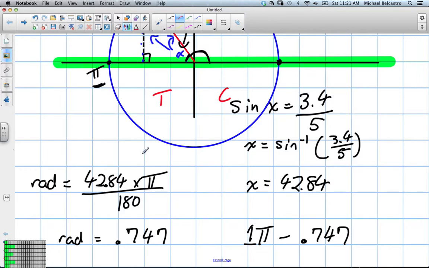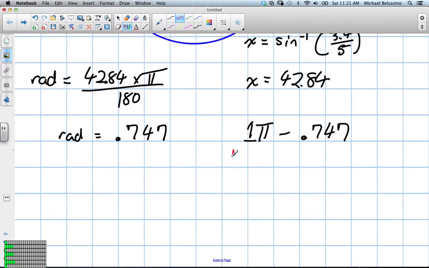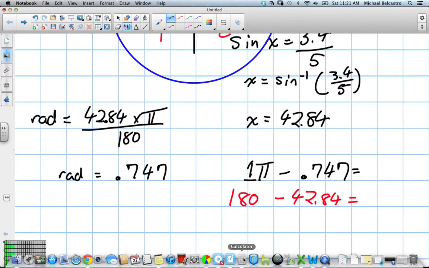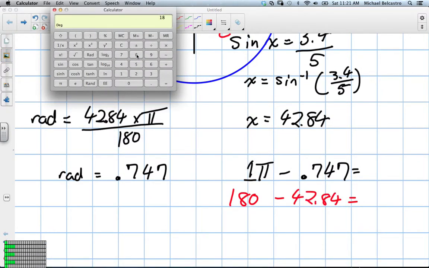So to double check, the reason I feel like that's a large amount is in degrees, this is technically 180. Okay. So on the side, this should also say 180 degrees subtract 42.84. Okay, and then we should be able to convert our answers and get pretty much the same thing. So let's see if there's a bit of a discrepancy here, because I feel like our radians may be off a little. Let's do it in degrees. It's always good to make sure our answers are logical. 42.84. So this is our degree answer. The obtuse angle should be